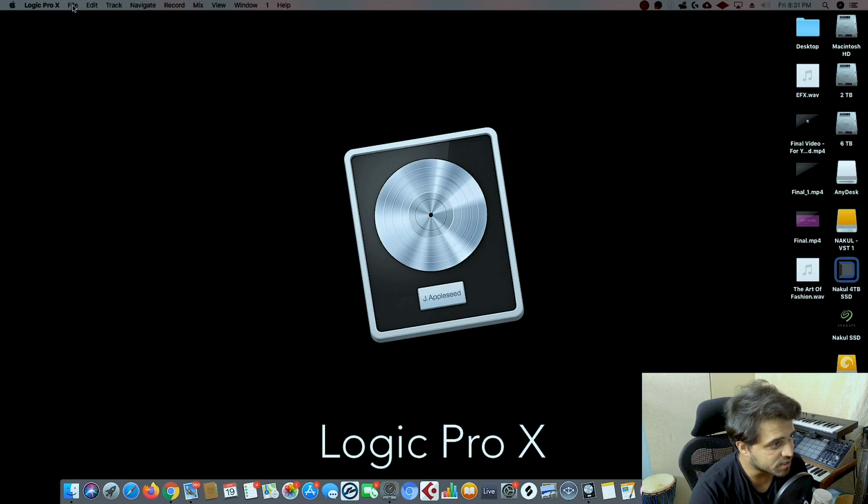In this video, I'll be talking everything about the tracks. Logic Pro X has numerous tracks and each track has a specific reason. So I'll be taking you through creating the tracks, explaining what each track is meant for, and at the end of the video, I'll be talking about the important key commands that are required to deal with these tracks. So let's dive in. Let's create a new session.